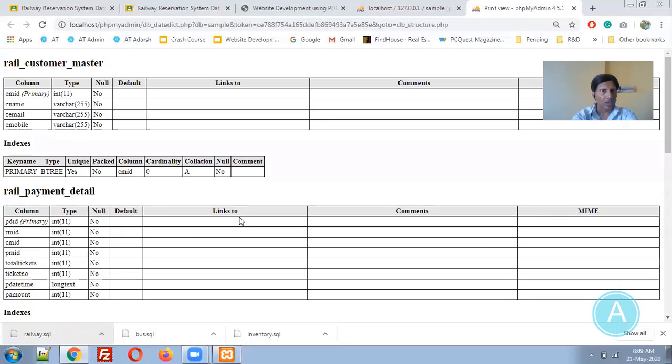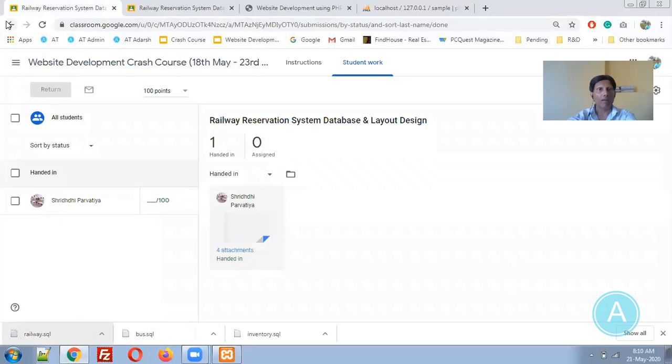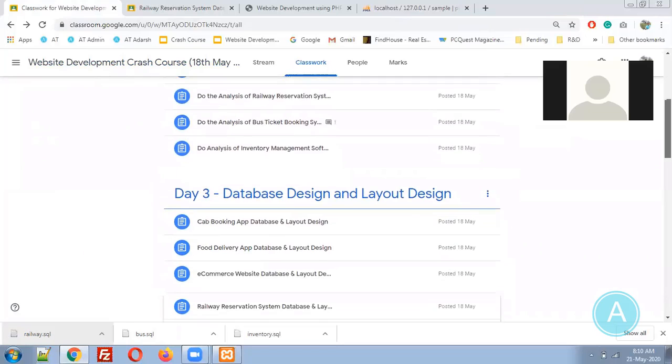Okay. Next time onwards, you can do one more thing also. Whenever you are preparing the database, you can write down some small comments so that we can understand later what is the meaning of a particular field. For example, ticket number: what is the purpose of this ticket number, or how will you store the ticket numbers over here? You can write one-line comments for the same. It is not necessary for all the fields, but for some fields where confusions are there, so we can remove the confusions. So this is fine. Hope you have prepared all this database perfectly.